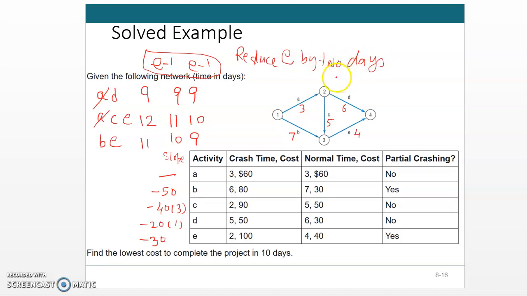And what will be the additional cost? From 40 to 100, that means 30 each time, so 60 additional cost. So the additional cost will be $60. That's all. That is what we wanted to